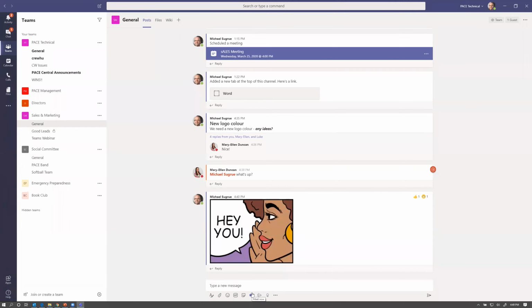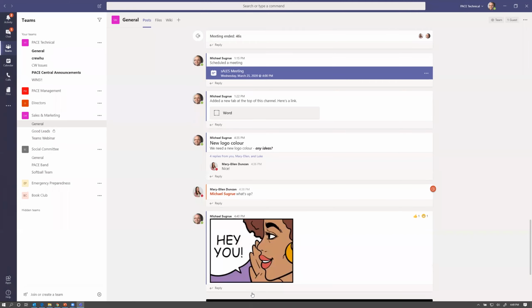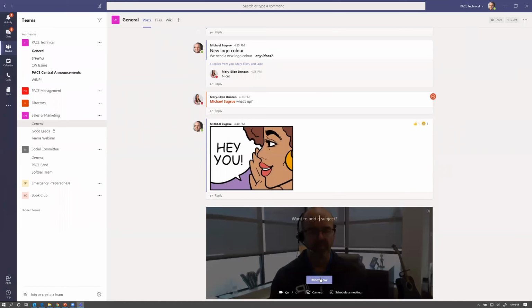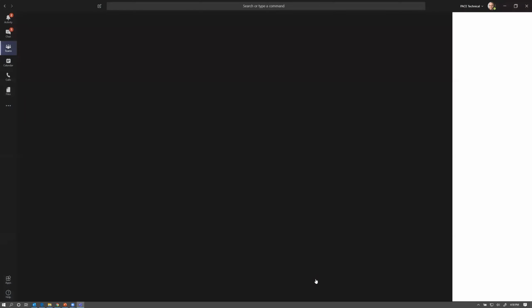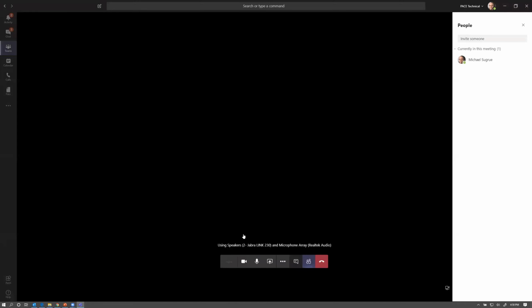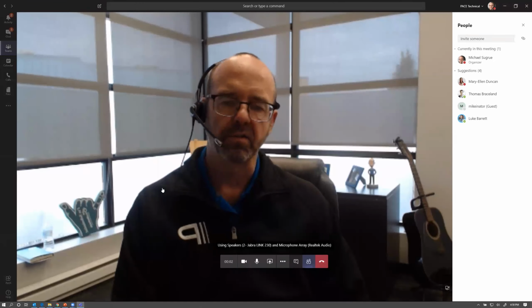So in Teams, you can both start an on-demand meeting at any time, as well as have scheduled meetings. So once I click on this little icon here, it's going to bring me up a window. I can click Meet Now, but I also have the option before I start the meeting, if I want to turn my camera on or off. Let's say I'm having a bad hair day, or I have the option here, if I didn't want to meet right now and I wanted to schedule a meeting, I can do that from here. But for right now, I'm going to just do the Meet Now, and we're going to do this with my sales and marketing team. So once I click on that Meet Now link, it is going to pop up a notification